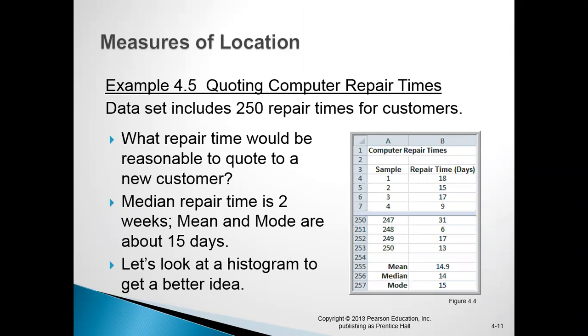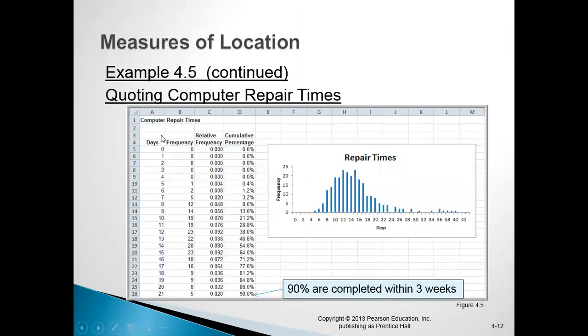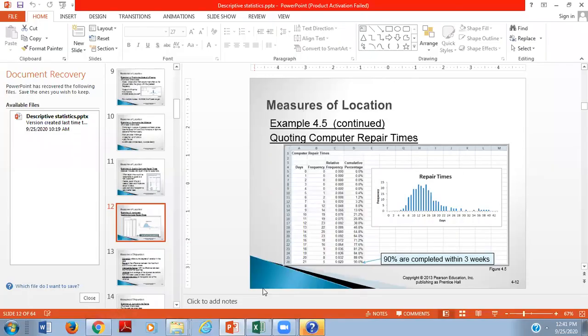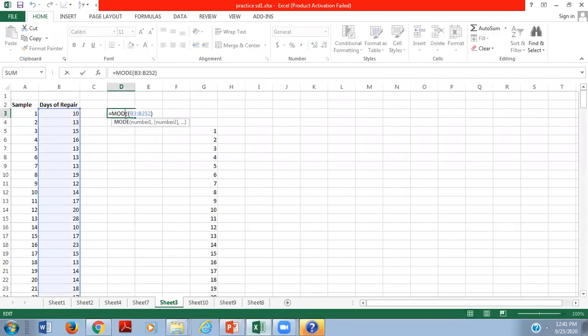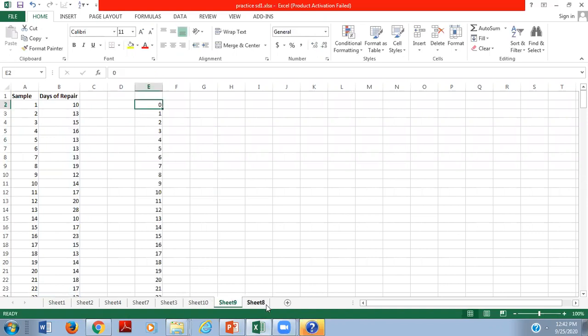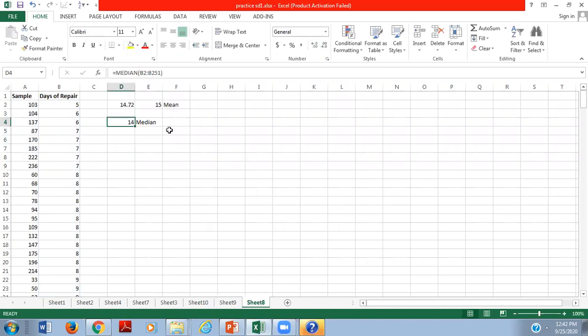Then, to get a more accurate picture, we used a histogram for calculating the relative frequency and cumulative frequency. We did the same thing on the Excel sheet also, where we calculated the mode of the sample, and that mode came exactly 15. Then we calculated the mean value, which is also 15 days, 14.72 came as 15 days, and the median was 14 days, right?